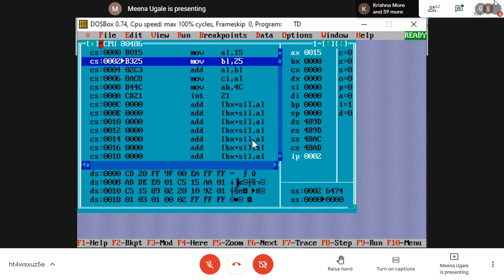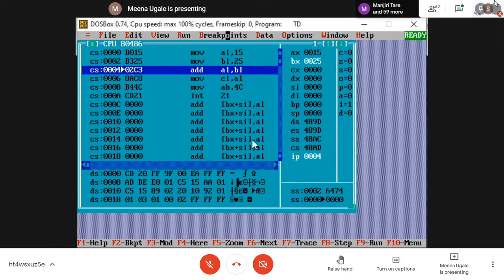The first number is AL, which I am loading in the AX register. Second is BL. I'm pressing F7 one more time and I'm getting my BL register loaded.